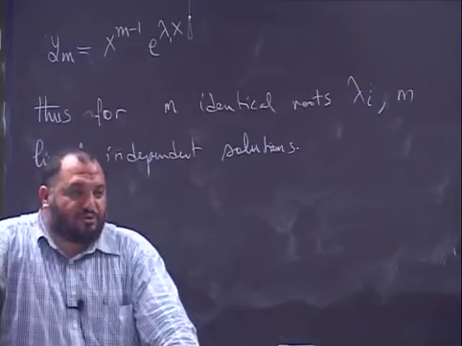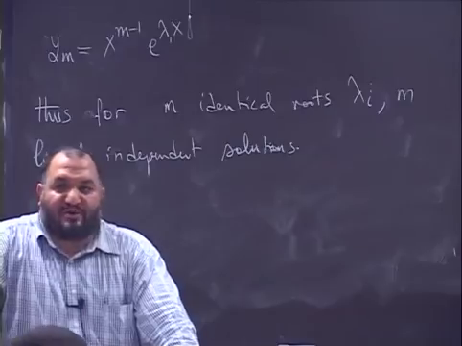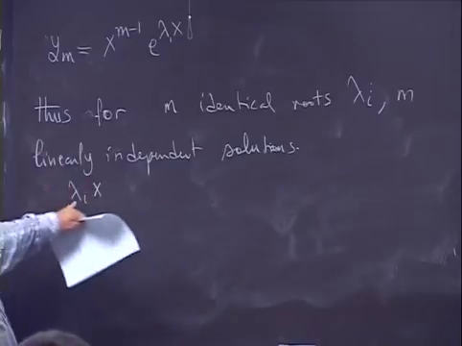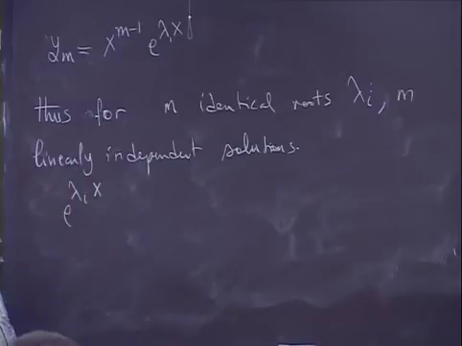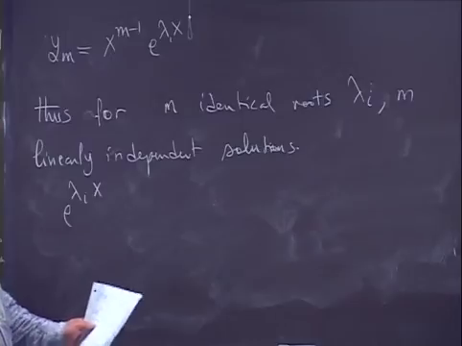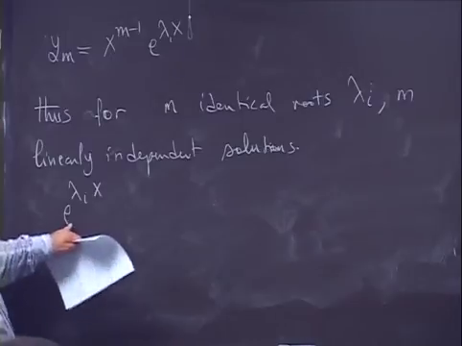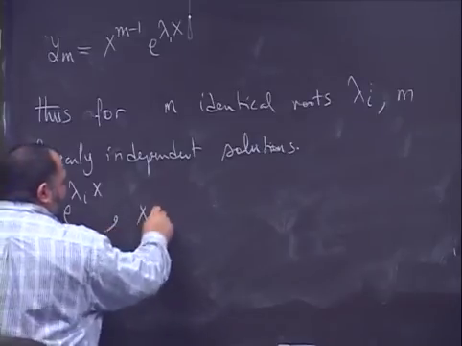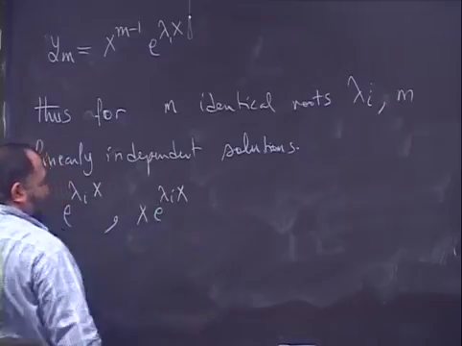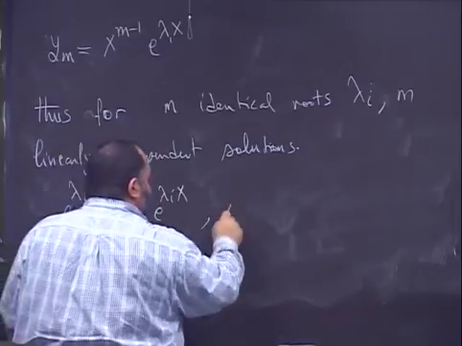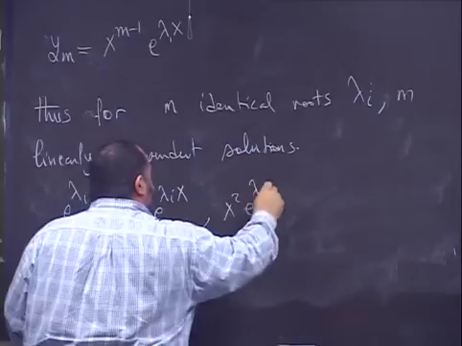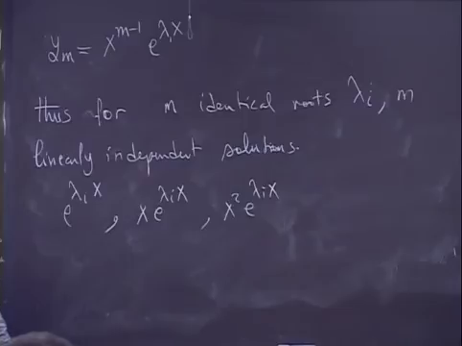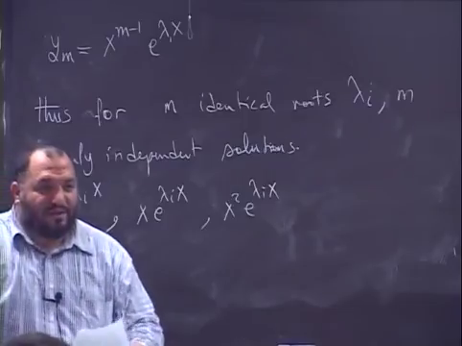Let's assume that we have a 10th order differential equation, and we have lambda 1 three times. So lambda i is lambda 1, the repeated root three times. So the solution will be e to the power of lambda 1 x. And the second one is x e to the power of lambda 1 x. And the third one is x squared e to the power of lambda 1 x. So those are three different solutions. Now we can build our